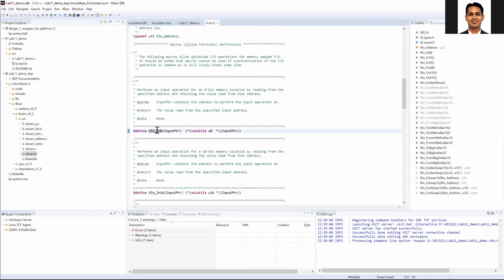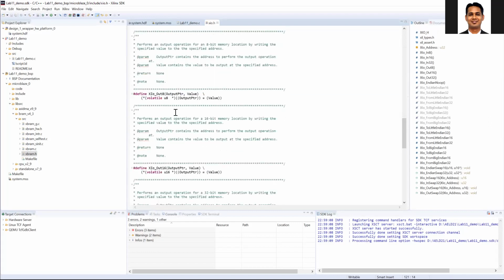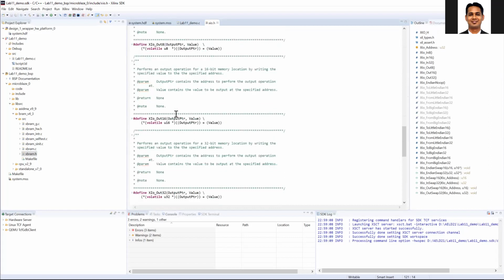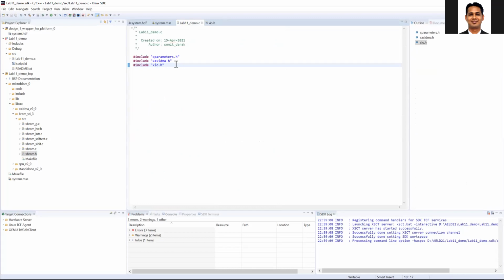You can read and write 8-bit data, 16-bit data, 32-bit data, or 64-bit data. So I'm just using the block RAM as a memory, and that's why I'll use the xio.h. Then I'll have the int function.